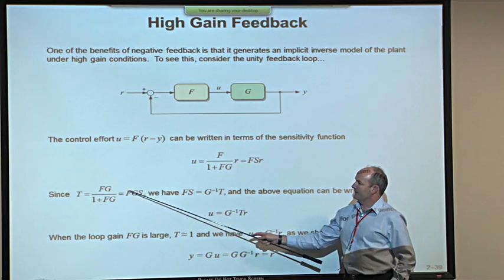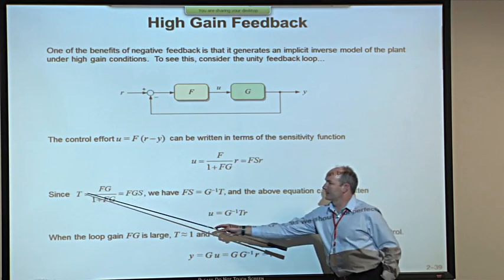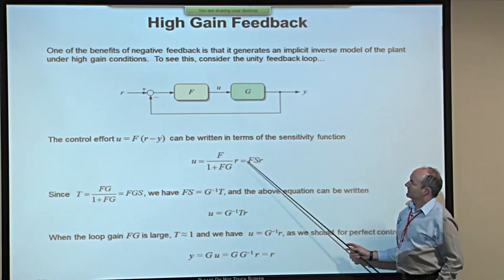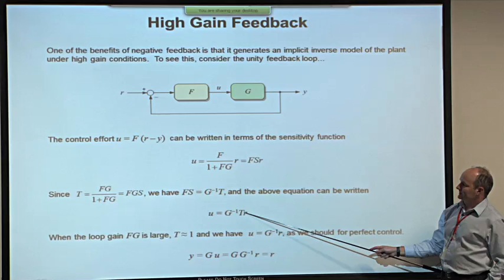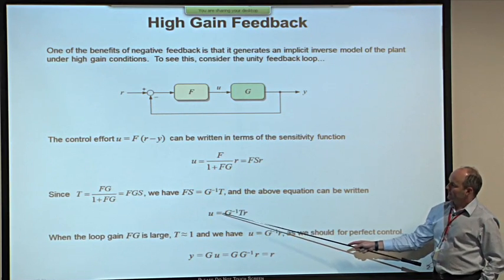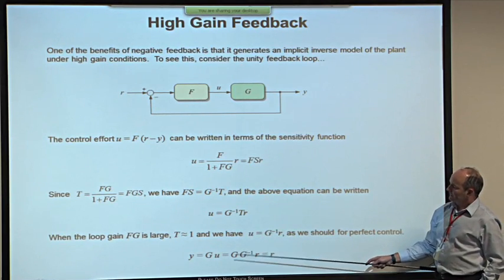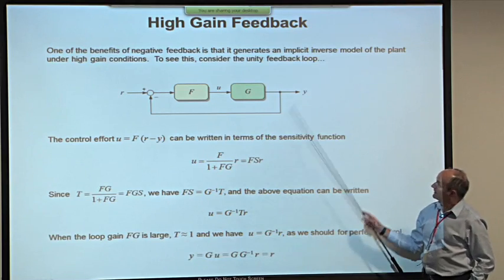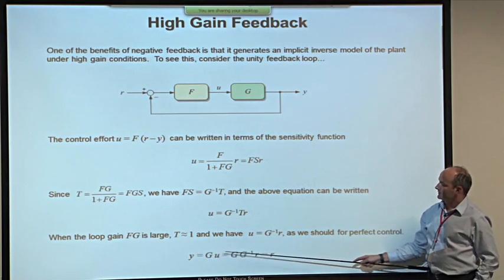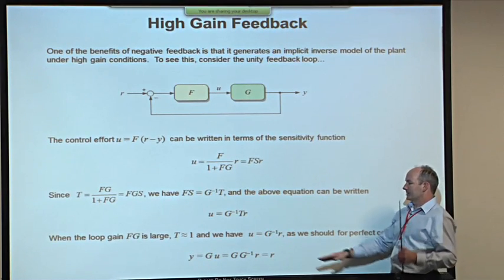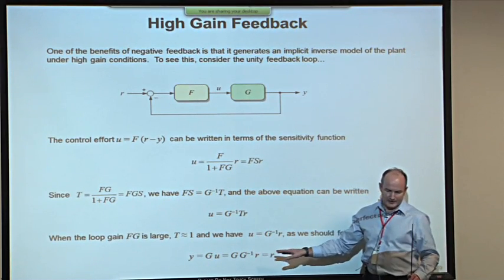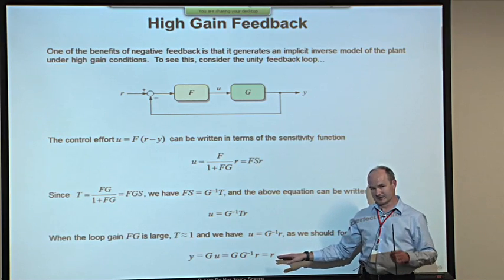So you can say fs equals g to the minus 1 times t, and you also know that that equals that. So u equals g to the minus 1 times t times r, and if you plug that into the equation for the output, y clearly equals g times u, which equals g times g to the minus 1 times r, which equals r. The point I'm trying to get across here is that what high gain does for us